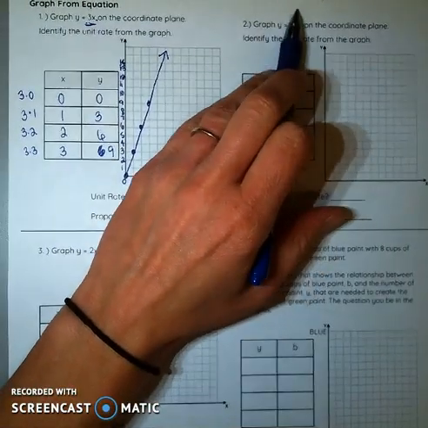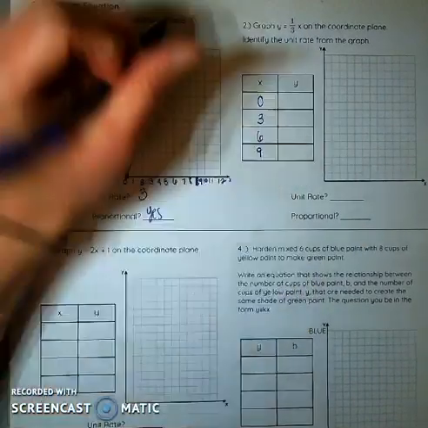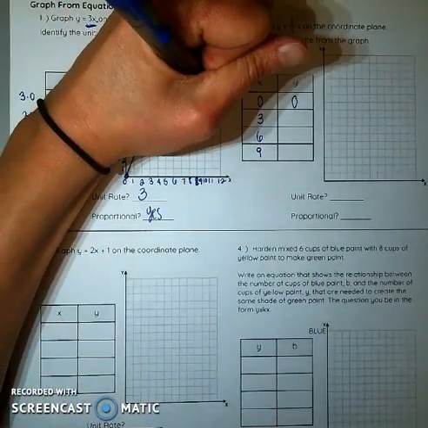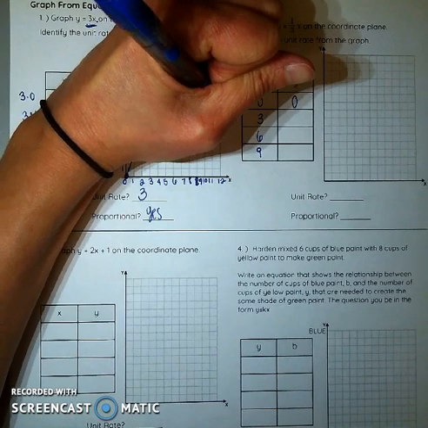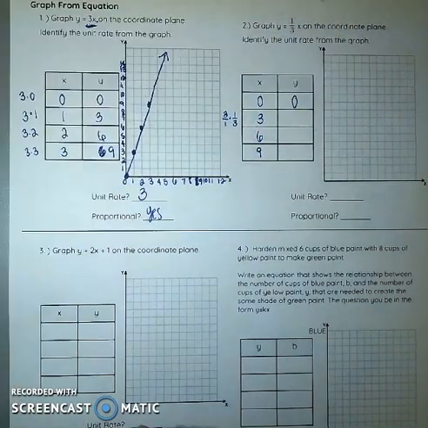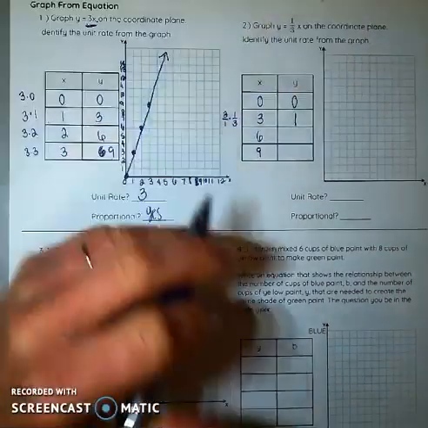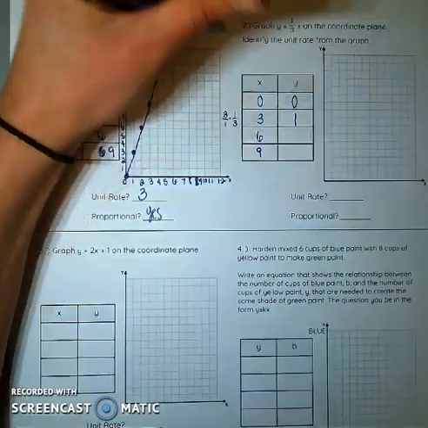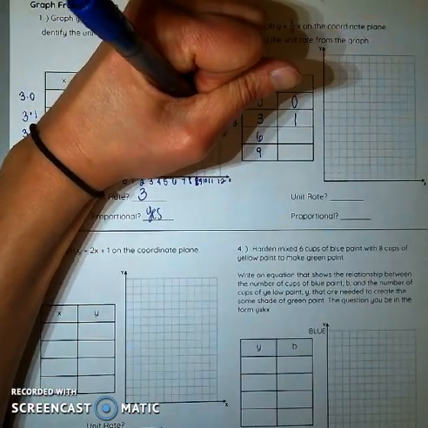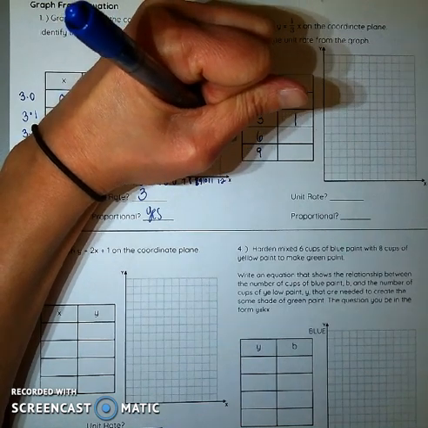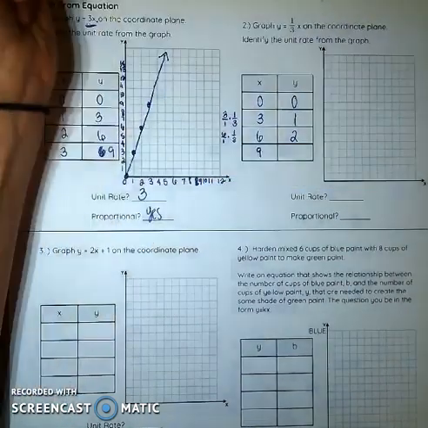So again, I'm going to take 1/3 times my x, so 1/3 times 0 gives me 0. 3 times 1/3 would be 3 over 1 times 1/3, which would end up giving me 3 over 3, or 1. 1/3 times 6, I could take 6 over 1 times 1/3, and when everything cancels out, that'd leave me with 2, and